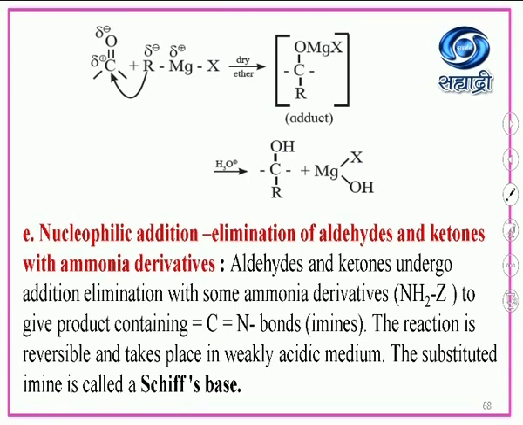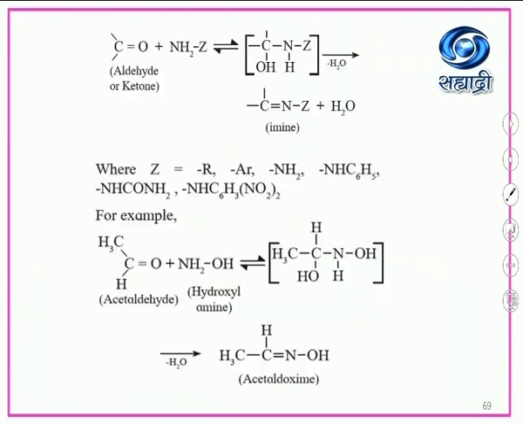The substituted imine is called a Schiff base. So this is the reaction: aldehyde or ketone, C double bond O, plus NH2Z, which is reversible, in square brackets the unstable product C, OH, NZ, H. When a water molecule is eliminated, it gives C double bond N Z plus H2O. So C double bond N Z is known as an imine,